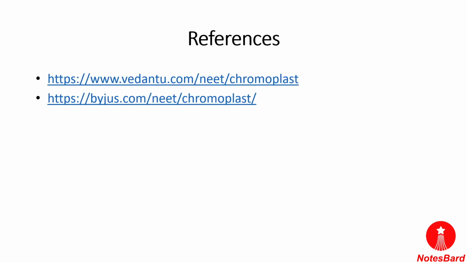So if we conclude, chromoplasts are pigmented plastids. Other than green in color, they are mostly yellow or red in color. They contain carotenoids and xanthophylls, and they lack the major pigment chlorophyll, which is present in the chloroplast. They provide distinct color to the plant parts and they have a role in pollination and seed dispersal. They do not contain laminar systems and only remnants of thylakoids are present. So this is what the chromoplast is.